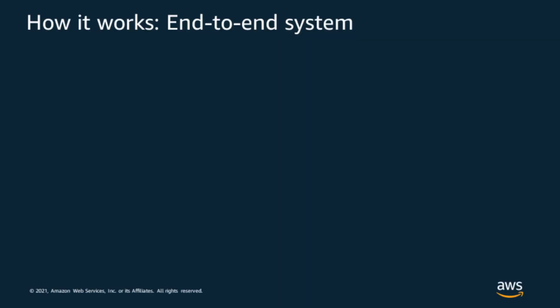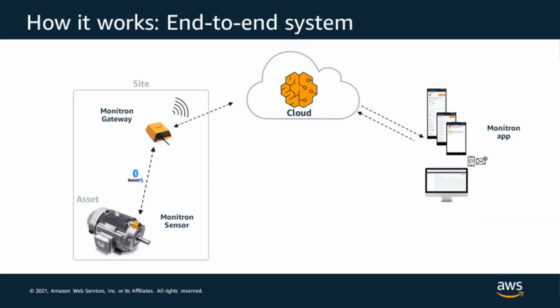Against this backdrop of the demo, let us look at how the end-to-end system works. As you see, Monitron has 3 distinct components. There are the devices, the Monitron service, and the Monitron app. The devices are essentially installed on the premise or the site where your machines are. You install these devices on the equipment, say for example, a motor or a gearbox or a pump, by using industrial adhesives. The sensors, once provisioned, communicate with the gateway over Bluetooth Low Energy, and then the gateway communicates to the AWS cloud